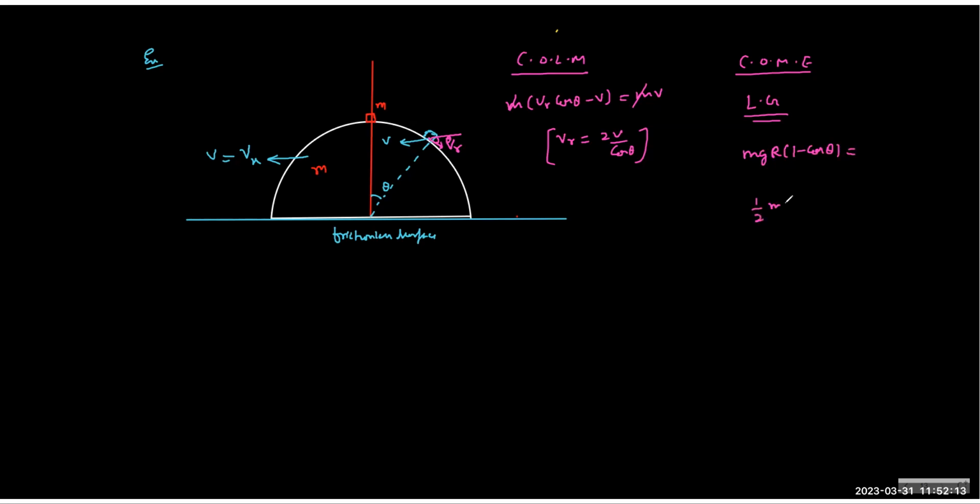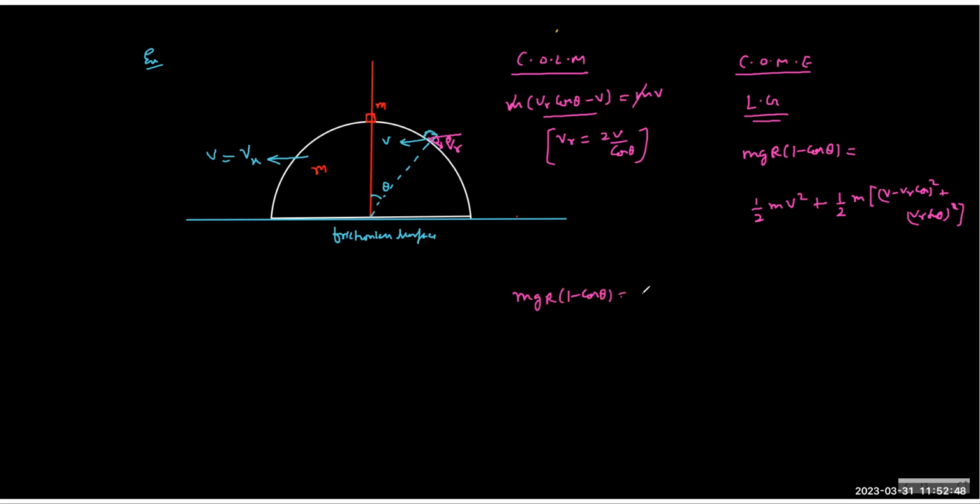So half small m v square for the wedge plus block will have something complex. So it will have half M v square plus half m times (V minus VR cos theta) whole square plus (VR sin theta) whole square. So we want to write this in a simple way. And we know that V minus VR cos theta is V itself. And we have done this calculation mentally. And VR sin theta. So we can write as